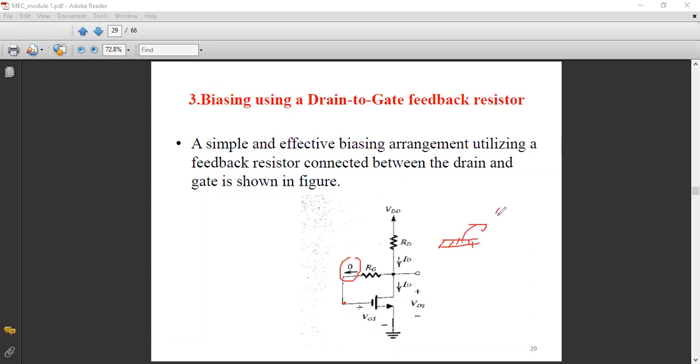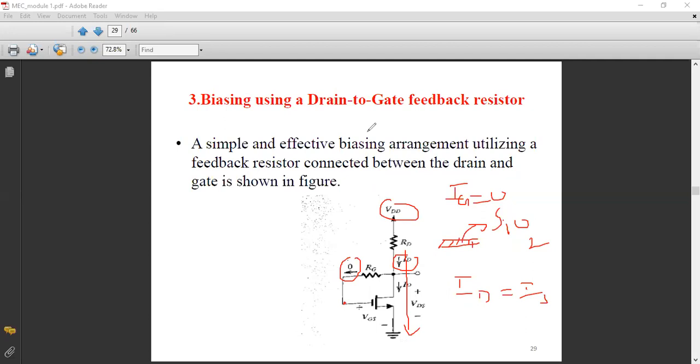Silicon dioxide, the oxide layer. This is acting as an insulator. So this will give a high input impedance to the MOSFET, because of which the gate current will be 0 and the drain current is approximately equal to the source current. So whatever the current ID that is drawn from the supply voltage VDD will come through the source as well towards the ground. This is the typical flow of your current from VDD towards ground.